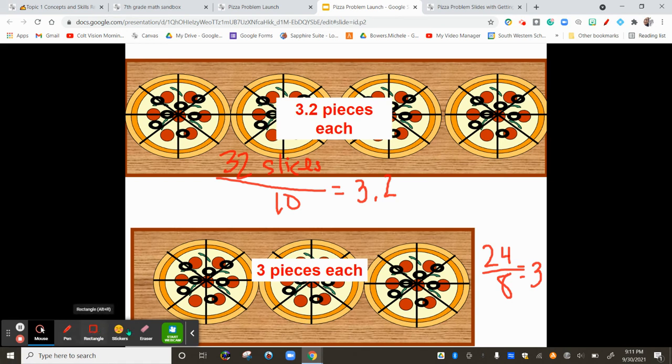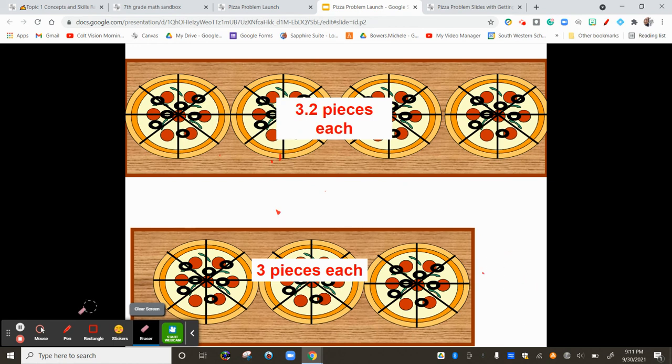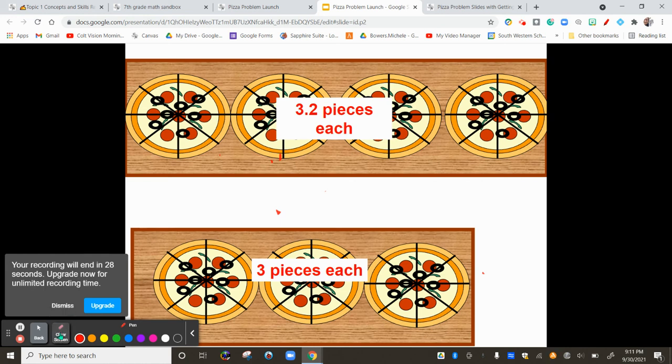Now, some of you may have also divided and thought, well, I divided this up and I got slices. But when I got slices, I had a different answer and I thought the small table got more. Well, let me show you something that people do that is a mistake and that you want to avoid. And that's that they take the people, the 10, and divide the people by the pizzas. And if you take people and divide them by pizzas, you would get 2.5. Well, that's not 2.5 slices. That's people. You've divided people. That's 2.5 people per pizza. So we don't want to divide people. We want to divide the pizza. So if that's a strategy you used, that